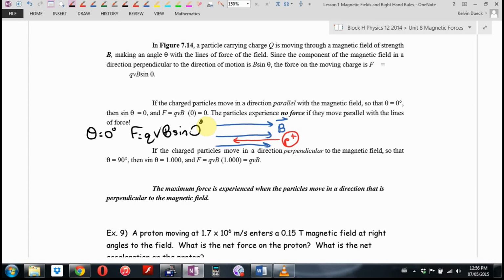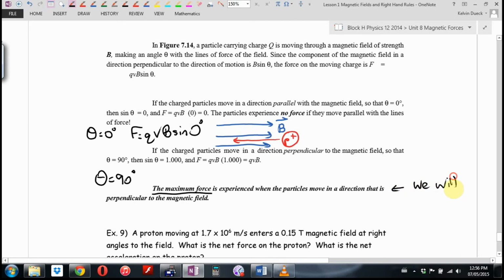You get no force. Sine of 0 is 0. 0 times B times V times Q. Doesn't matter. It's 0. Oh, and if theta equals 90 degrees, you get the maximum force when they're perpendicular. And we are only going to deal with that, except once. I may give you a situation where they're parallel and expect you, Trevor, to say, oh, force is